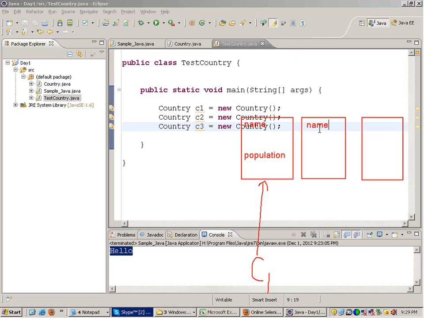Every object will have a name and a population variable. These three variables C1, C2 and C3 will be pointing towards the three objects.